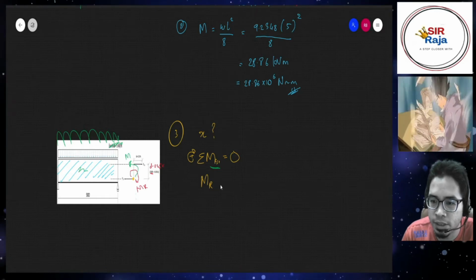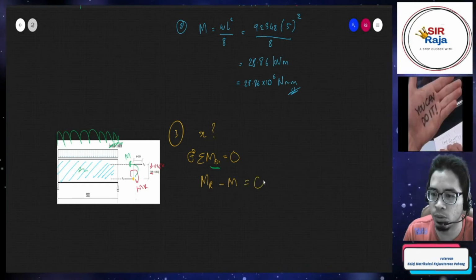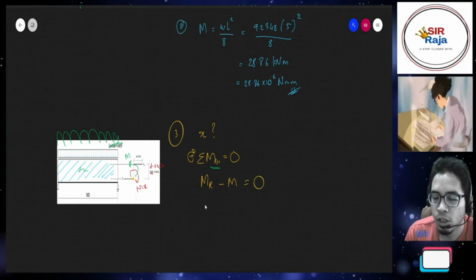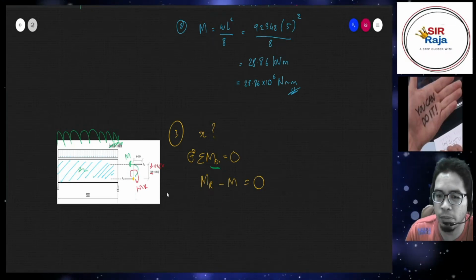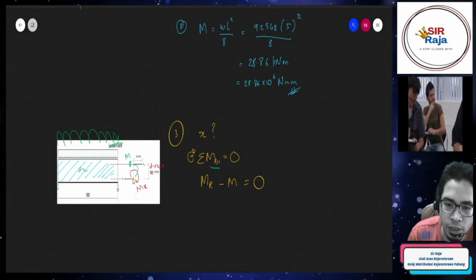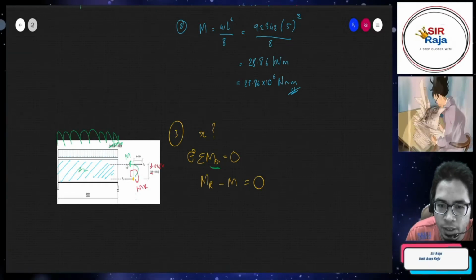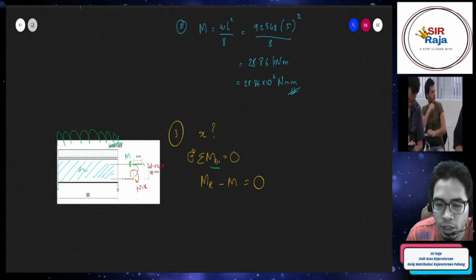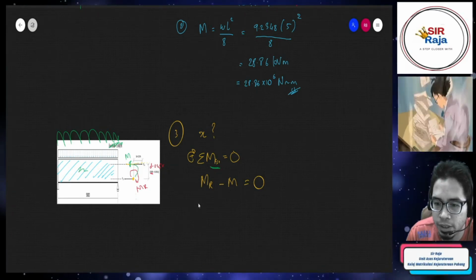So M is anti-clockwise, and this equals 0. Right. So we can say that MR, what is our MR? Just going to put our finger here and check. So we have FD, just FD, and the D is... so MR is equal to